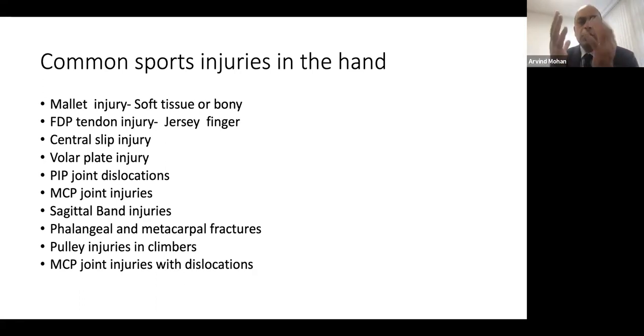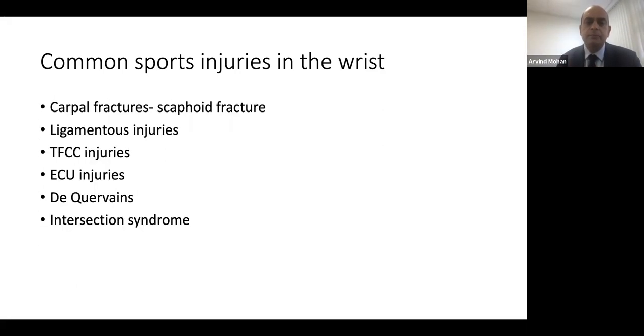And how to do a quick clinical assessment in terms of which patients would need a surgical intervention. As I mentioned about pulley injuries, that's again very commonly seen among people who are climbing, and metacarpophalangeal joint injuries with dislocations can at times easily be missed and are very commonly seen with different types of sports. In terms of the wrist injuries, I would say you can broadly classify